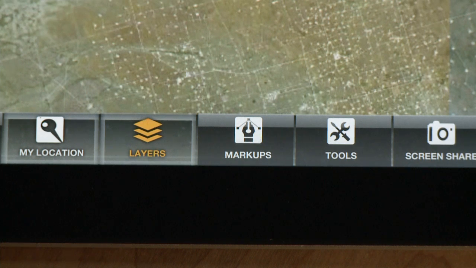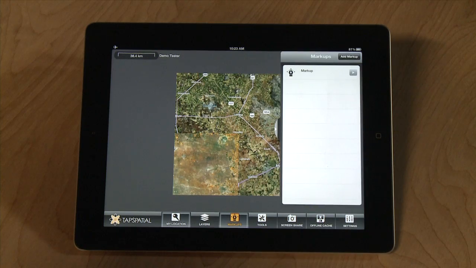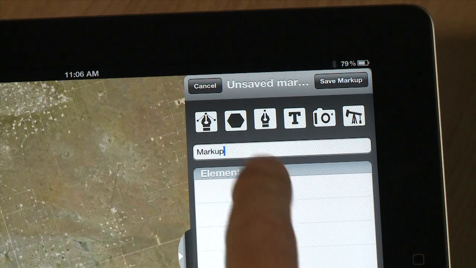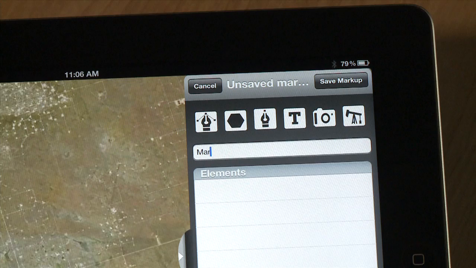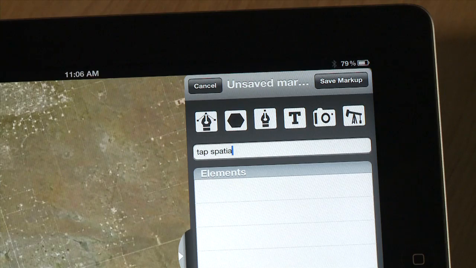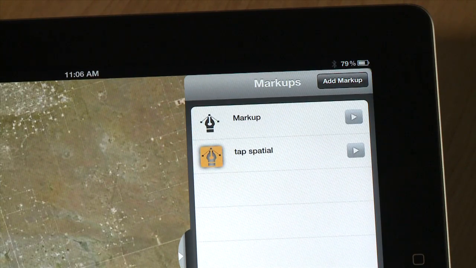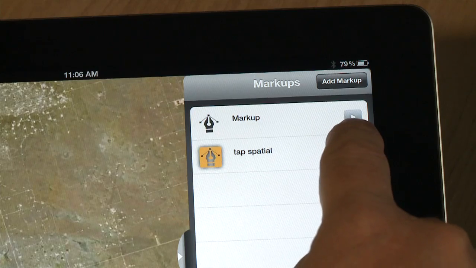Now I'm going to show you how we can do markups while we're in the field. The first thing that we'll do is click on Markups and add a new markup or markup project. I'll give this a name, in this case, TapSpatial, and save the markup. You'll see the markup becomes available, and then I can add specific things such as a